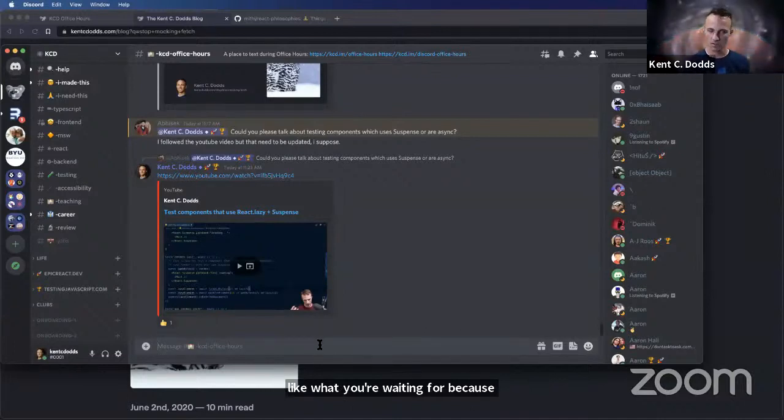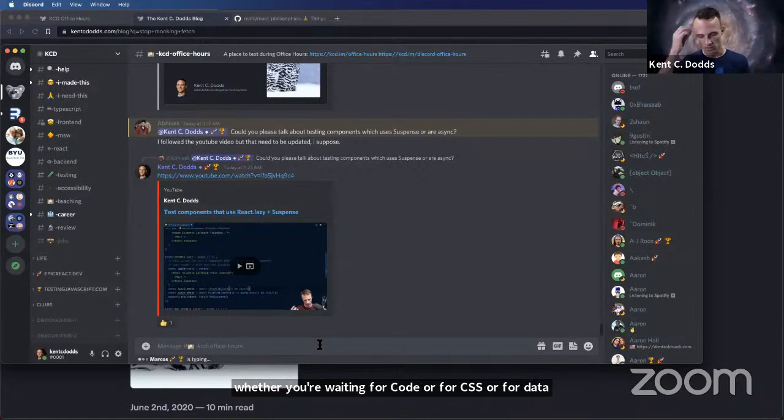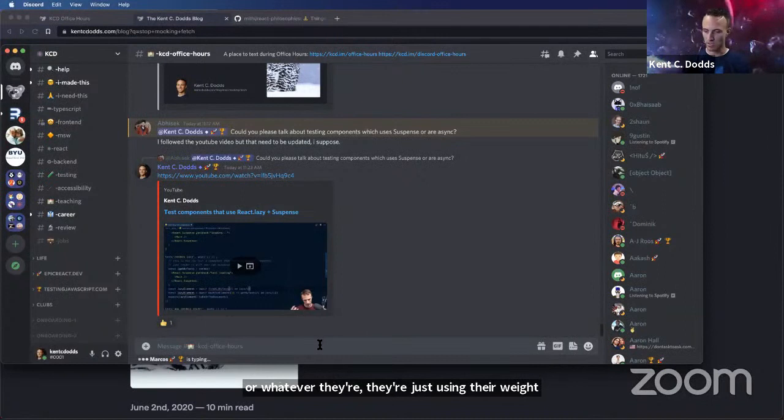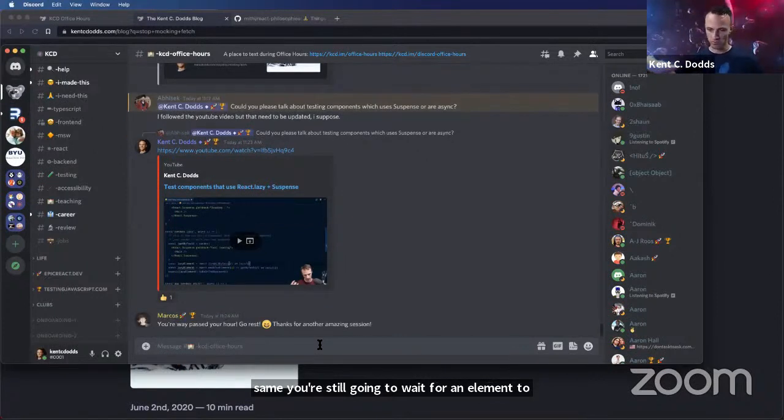If it's async, you're going to be using the same utilities. As far as the user is concerned, they don't care whether you're waiting for code or for CSS or for data or whatever. They're just using their wait-for brain, right? Like, I'm waiting for something to happen. And so the utilities from Testing Library will be the same. You're still going to wait for an element to appear or for an element to disappear or something.